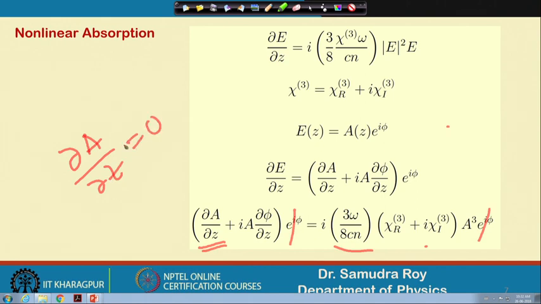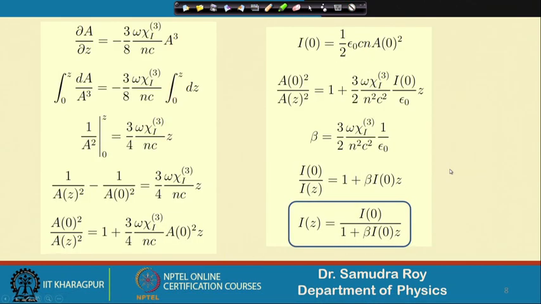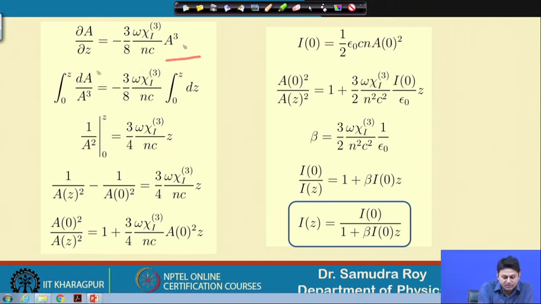0, if you remember, for self-phase modulation or cross-phase modulation, because the amplitude was not changing. But as soon as you introduce this term, you can see that there is a contribution, and we will have this equation in our hands. So there is a differential equation of the real amplitude, and it seems that it is going to change with z. The next thing is to solve this differential equation